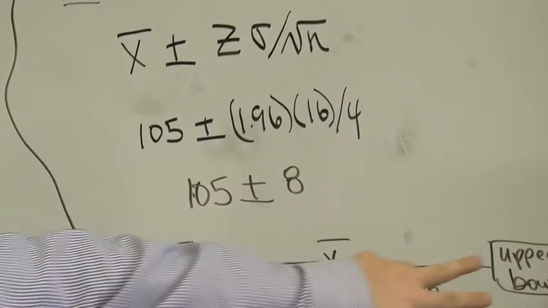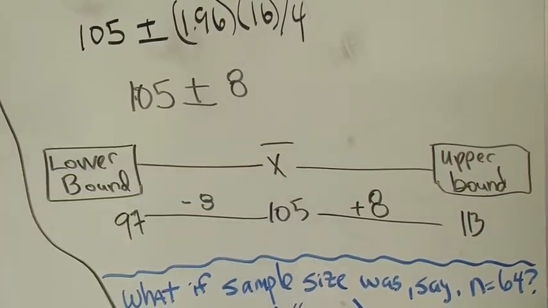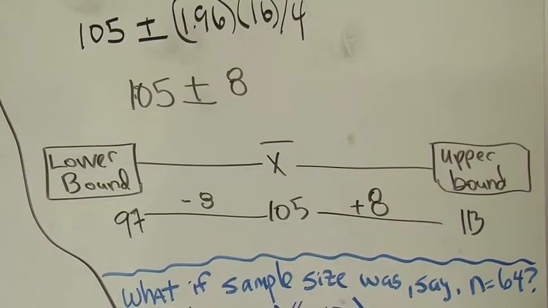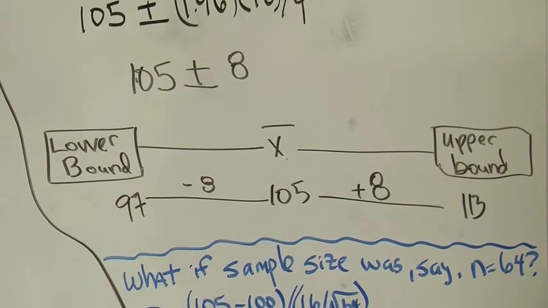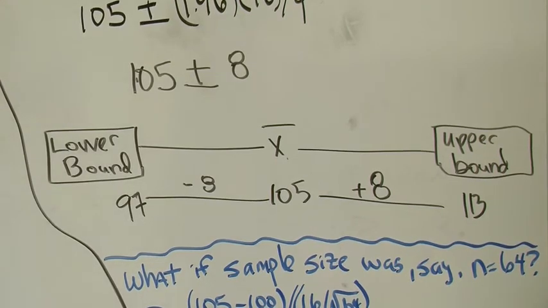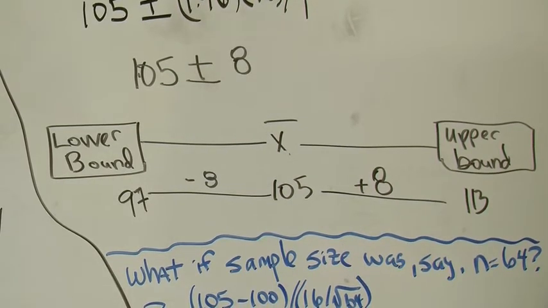Now just look here momentarily and see what we've got. In the middle is our point estimate, and the lower bound and upper bound are equidistant from our sample mean, 105. So 105 minus 8 is 97, and 105 plus 8 is 113. Calculating the interval estimate should be kind of a trivial act for you, but understanding what we mean by a confidence interval, and why confidence intervals matter, is something we want to make sure we get under our belts before we leave Chapter 8.